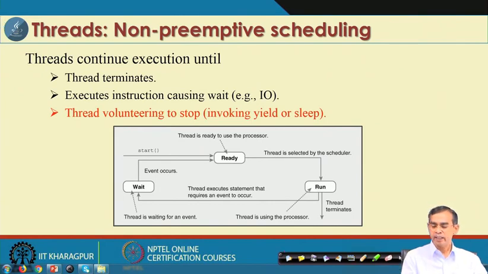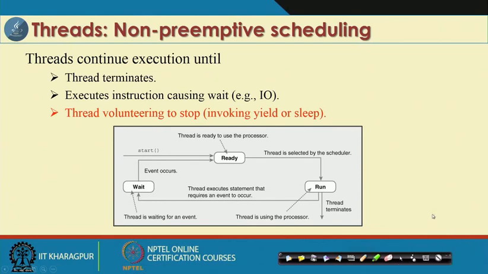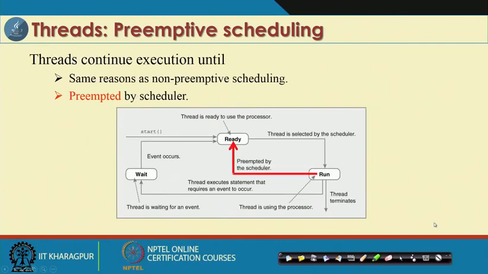On the other hand, in preemptive scheduling, as we see, if an interruption occurs, the thread does not wait; it goes from the run state to the ready state.